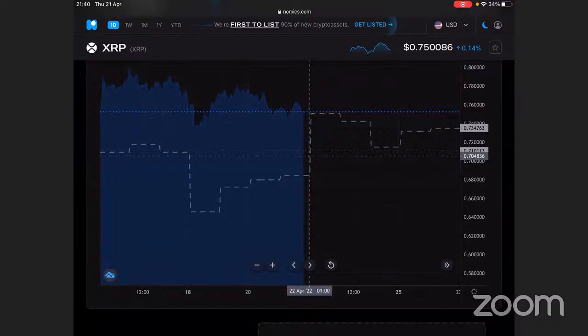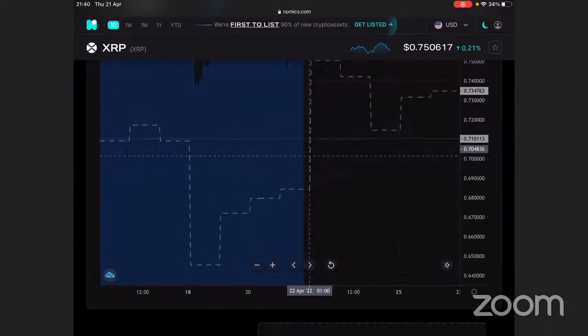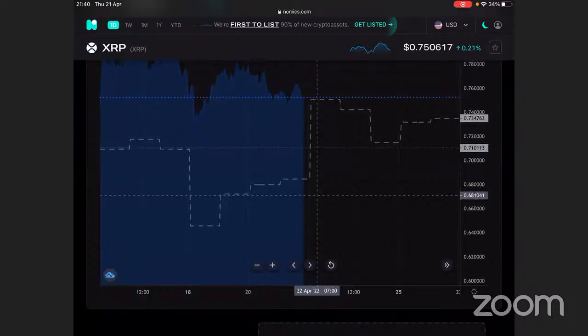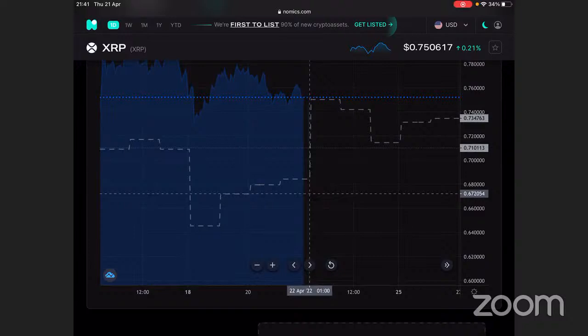So here, when I put my cursor here, I can see that this coin is going to do very well here at around 1 a.m. to 3 a.m. So you can buy the coin today if you're in Johannesburg, wait maybe until 1 a.m. and buy the coin. And we can see with the graph line here, that's the blue line